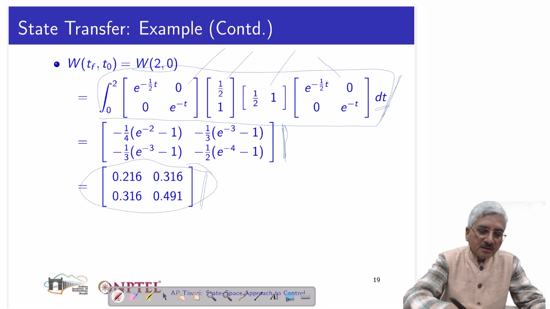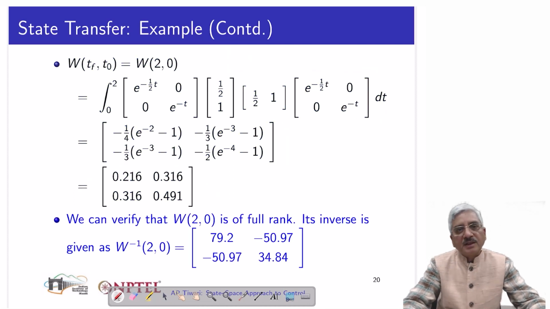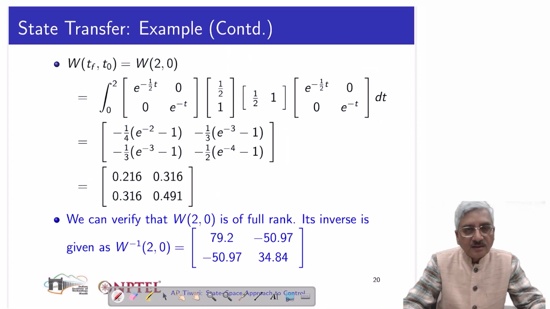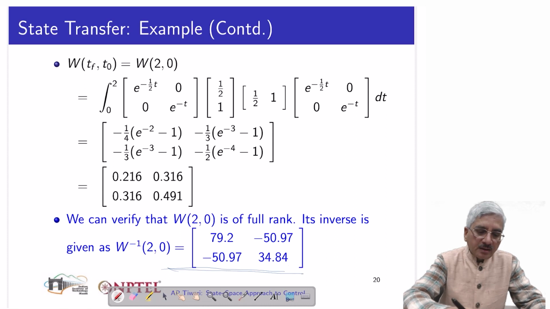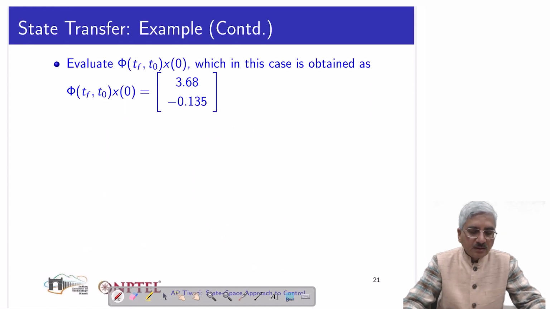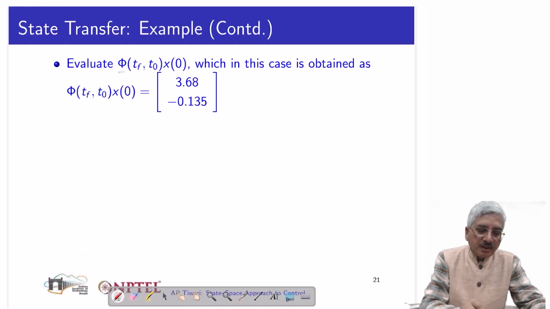And we can calculate its determinant. We see that the determinant is non-zero, meaning that W is non-singular, and its rank is 2. And 2 is also the order of the system. So the conditions for controllability and state transfer are satisfied. So this is the W inverse which comes, and then the next step will be to evaluate phi